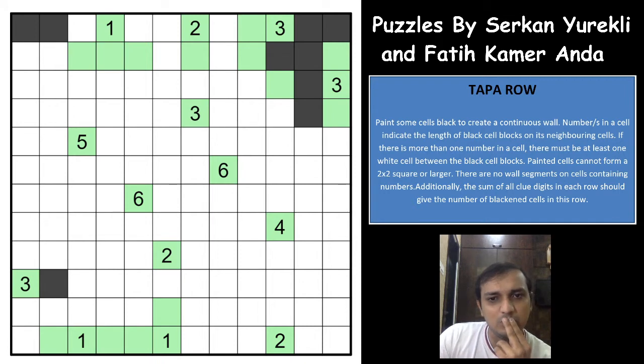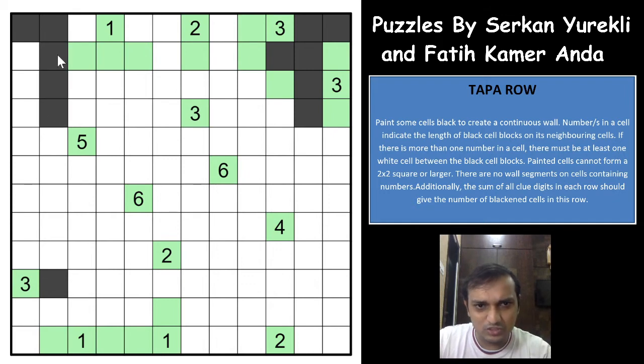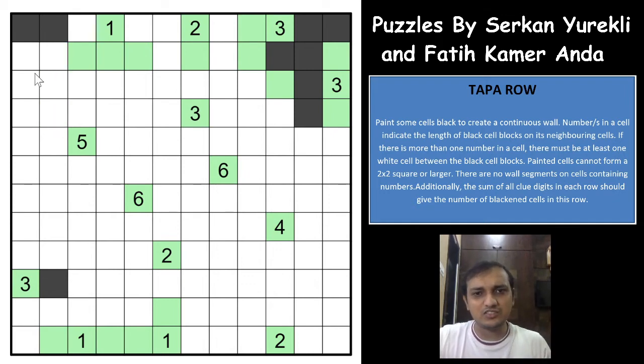And I see something more interesting here. What an excellent puzzle this is, guys. If you see this 3, there has to be 3 shaded cells in this row, right? One shaded cell is already used. One shaded cell will be somewhere here, either this or this, coming down like this. And one shaded cell is coming down this way, which means you are using all the 3 shaded cells in the 3 different areas. One area, second area will be either this area or this area, and third area is this. All the other cells in that area will have to be unshaded. That's an excellent piece of logic.